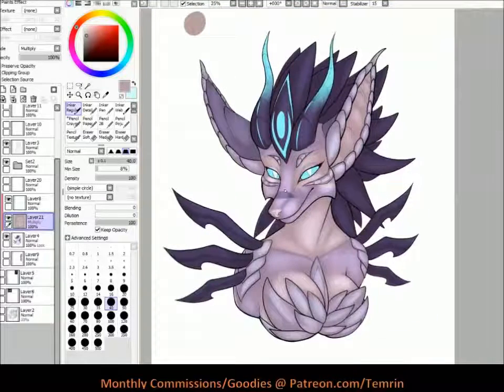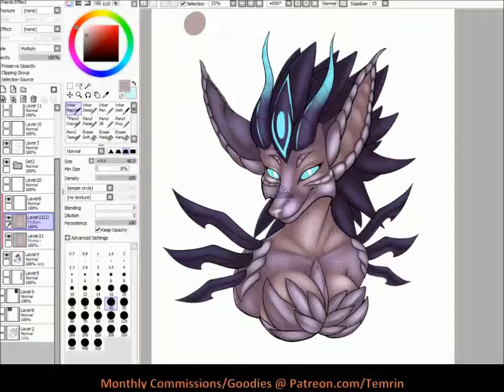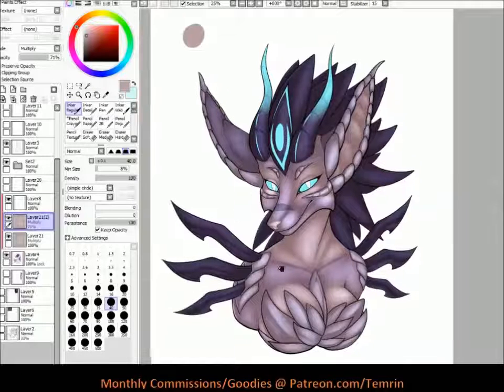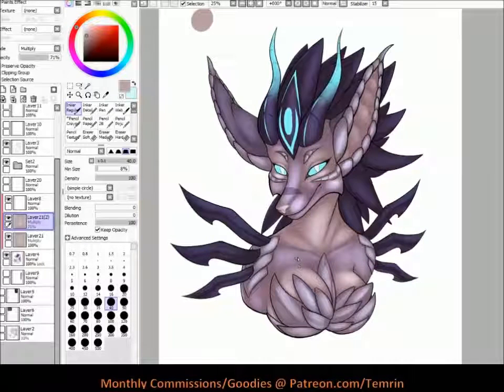Okay, so I've done my basic lighting, or my basic shading, and I'm going to Alt-L-C again and copy that layer to make it darker. Some people have asked me why I don't just use a darker color. I don't have as much freedom with my shading using a darker color. It can be misleading sometimes for me, so I use a lighter color